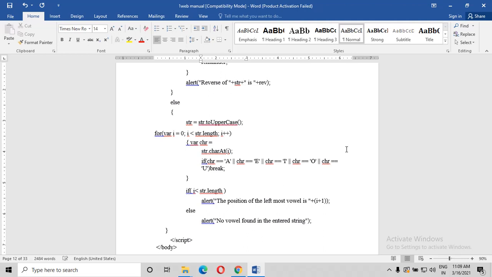i will be incrementing. What I said, string charAt i, right, is a method which returns a character value at a given index number. The index number will start from 0 to n minus 1. Correct? So if it is there, the position will be given to you, else no vowel found. Sometimes, most of the times, for example, we will use some words which do not contain a vowel. There is a chance that at that time, if this condition fails, then you will give, else no vowel is found. That's where the script is ending, the body you are ending.